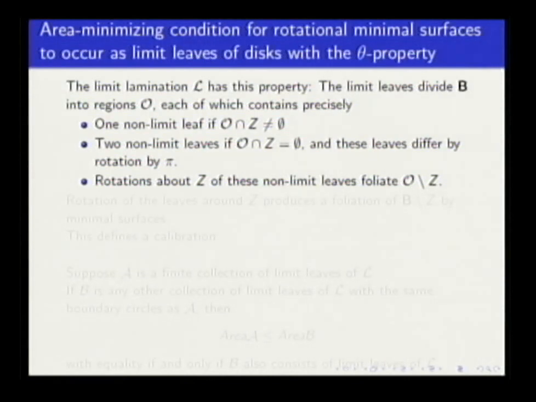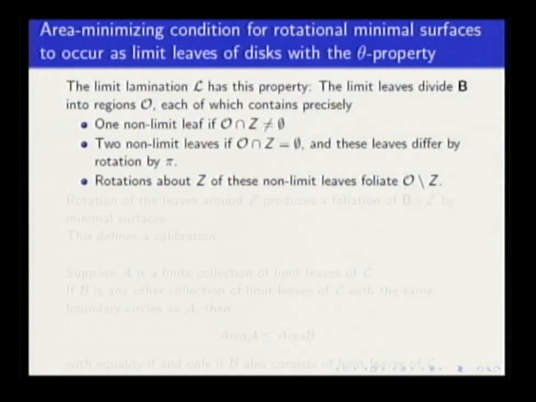OK. So let's say you ask the question in the context I was talking about, these theta property surfaces. Let's say, gee, could I achieve this catenoid in these disks or a lot of disks? What are the limit leaves you can achieve? So that's a somewhat different question. And remember, I emphasized that if you look at the limit leaves, if you have such a lamination, it has limit leaves, they divide